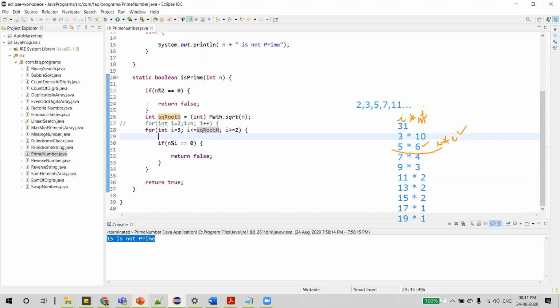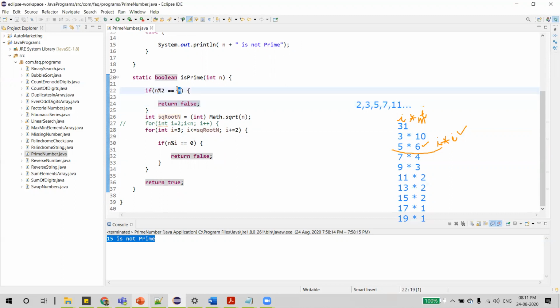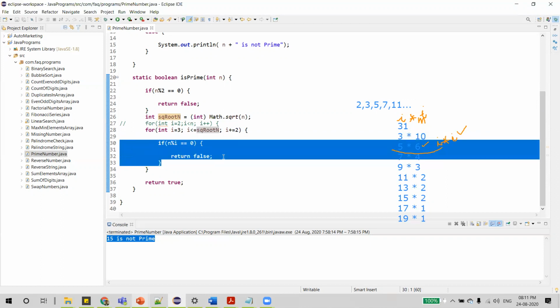So what did we do here? First we started with, if it is an even number, here itself we'll return. We'll divide that number by 2, and if the remainder is 0, here itself we'll decide that it is not prime, as that is an even number. If it is not, it is an odd number. Now we wanted to find if it is prime or not. So how do we start? We started with 3 and we increment the value by 2, so we only divide the number by odd numbers. And then the condition: we have seen the logic here, how to find the condition. So we'll actually verify till the square root of the given number, and the inside condition will be the same. We will not change this condition.